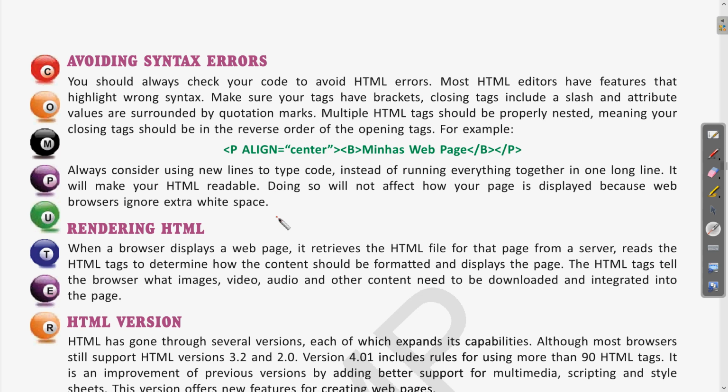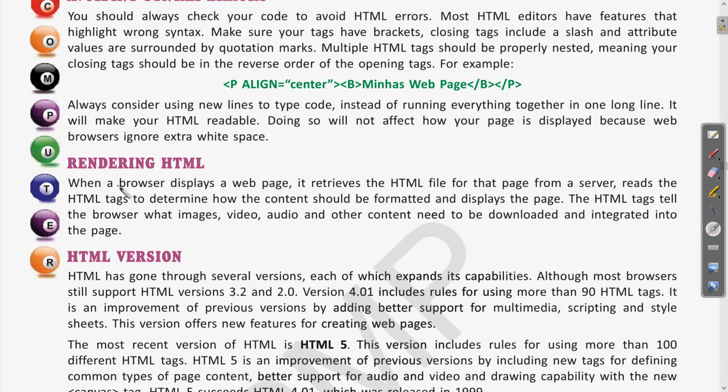As we were talking about the HTML code, if we use some tabs or spaces, this will not change the appearance of the elements which we are including in the web page. The spaces and tabs can be included anywhere in the HTML program. Next is rendering HTML. So let us see what is the meaning of rendering.